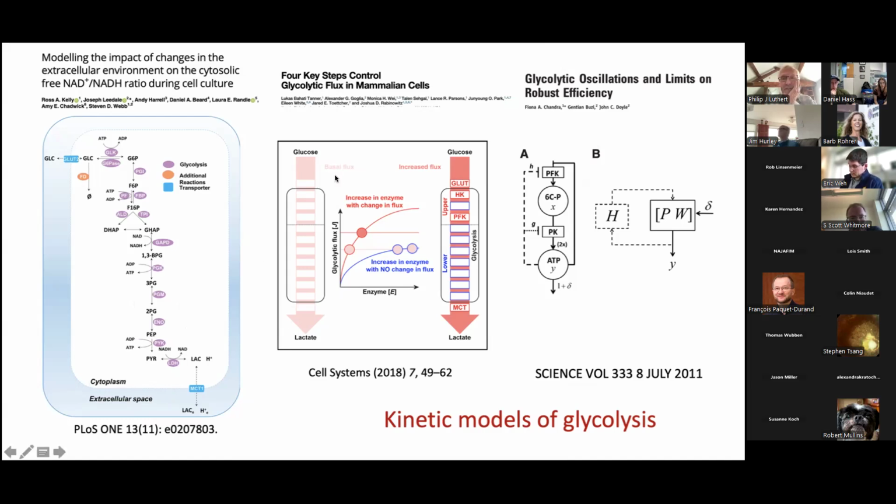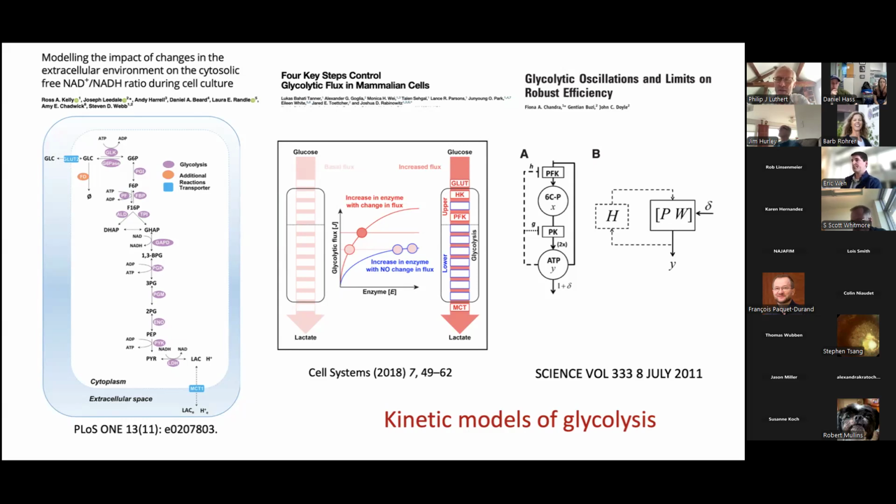This is another really nice study emphasizing that perhaps we don't need to worry about all of the steps, because a lot of the control of glycolytic flux sits, interestingly, again, in two transporters, glucose at one end and lactate at the other, with, surprise, surprise, the phosphorylation steps being the key control points.